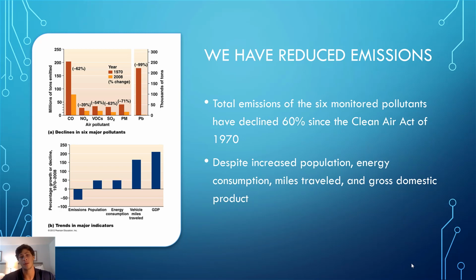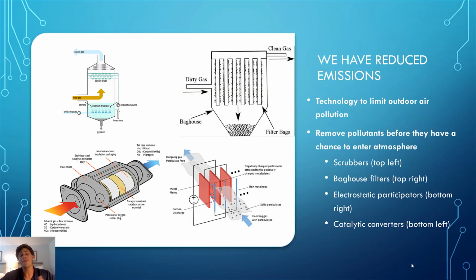But as a result of the technologies and the policies that we put in place, we have actually limited and continued to limit these different air pollutants in quantity and in volume into the atmosphere. So this is a good news story. We are lowering our concentrations and our volumes of air pollution into the atmosphere. And this is in addition to policy. We've come a long way in our technologies, which scrub the air and keep these air pollutants from ever being released into the atmosphere.